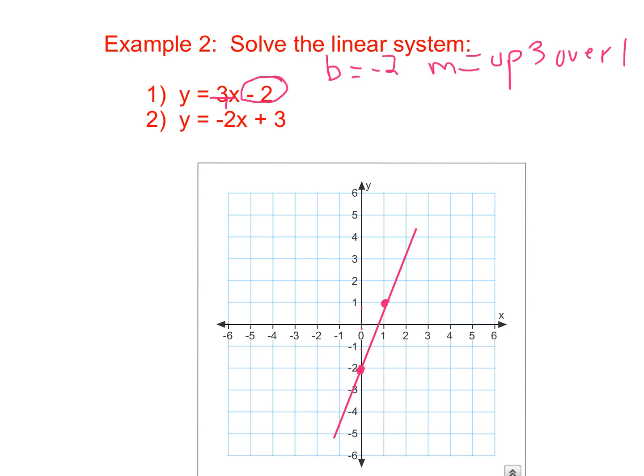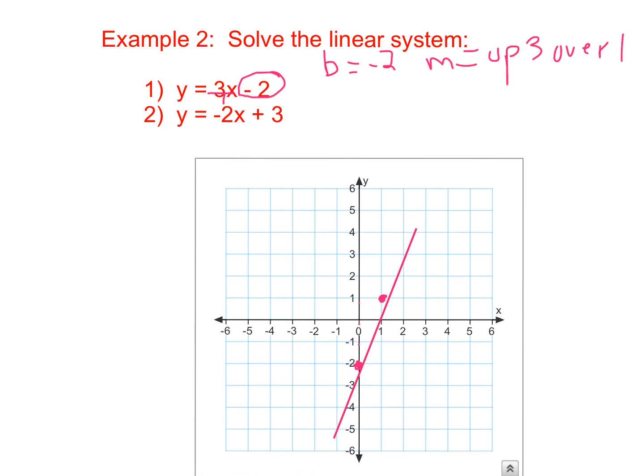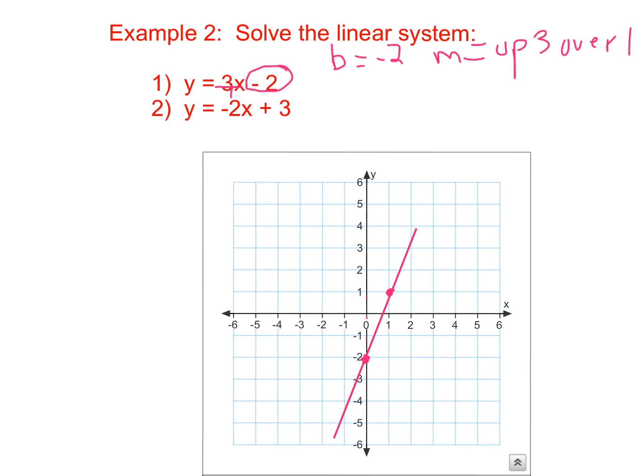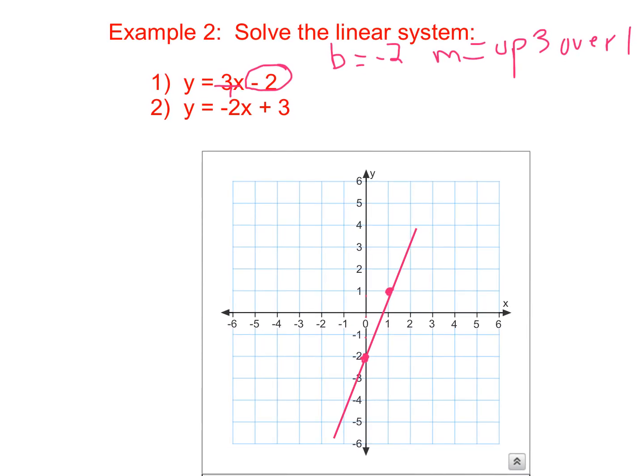So here's our straight line. We're going to label that with a 1. Oh dear, sorry about that. Let's just get it centered again. Okay, we're going to label that with a 1 for equation 1, and then let's try to do equation 2